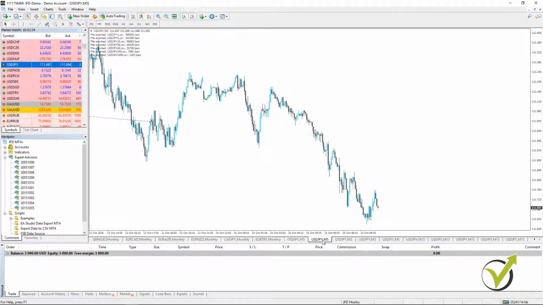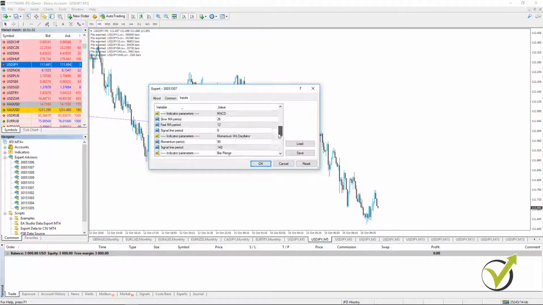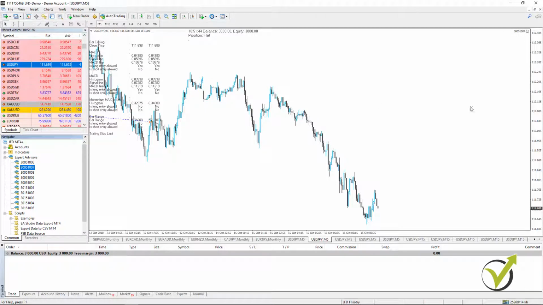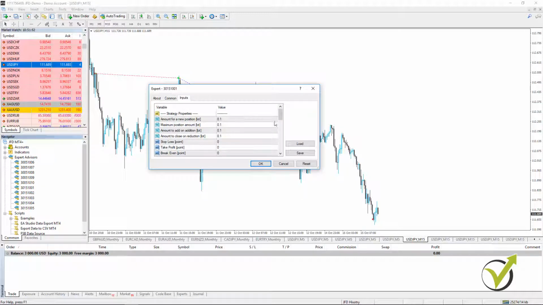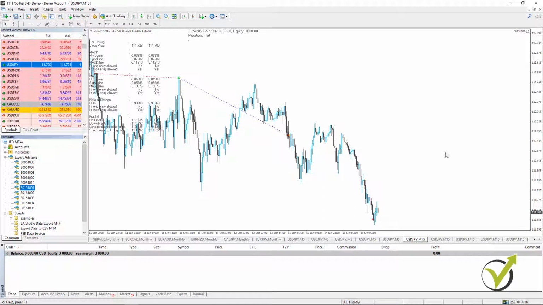Now I have to do the very same thing. I will do it on one more chart, and I will put the magic number. So here will be 30051007, and I will click on OK, and I will have again the smiley face. So it's the very same thing I need to do on M15, starting with the first expert advisor, double click on it, and I will enter here 30151001. Alright, I click on OK, and you see I have the smiley face. So I will do that now for all charts.